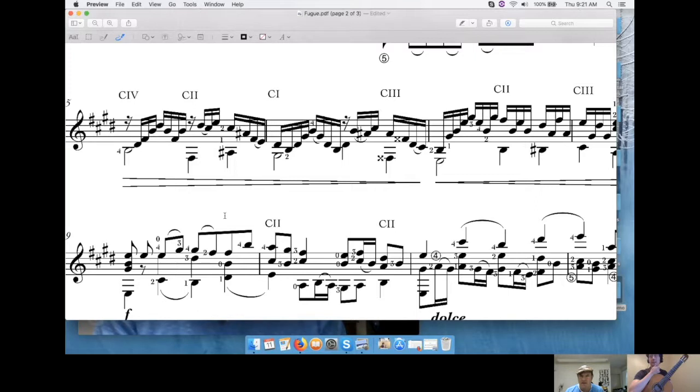What about those double sharps? Why are they double sharps there? F, so